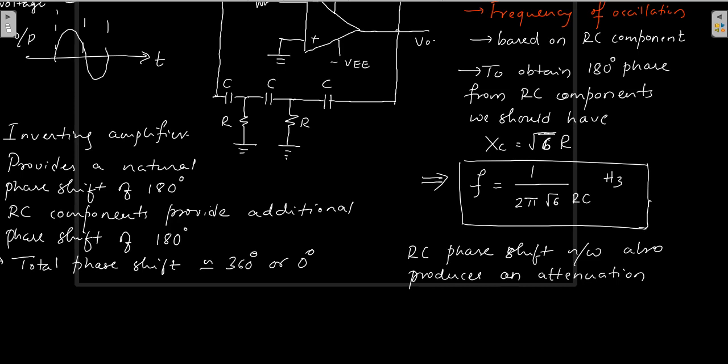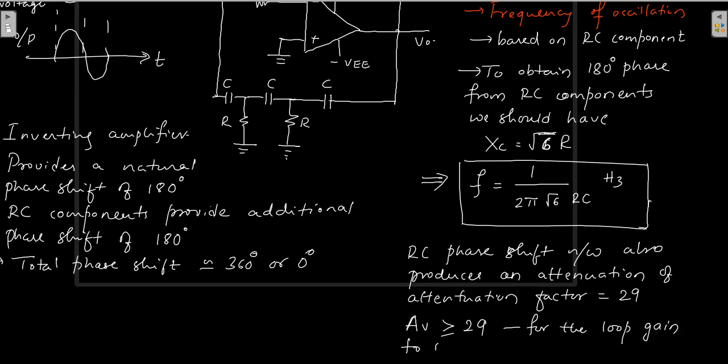It is the opposition to the flow of the signal. The attenuation factor is equal to 29. The meaning is that the amplifier must have a voltage gain AV greater than or equal to 29 for the loop gain